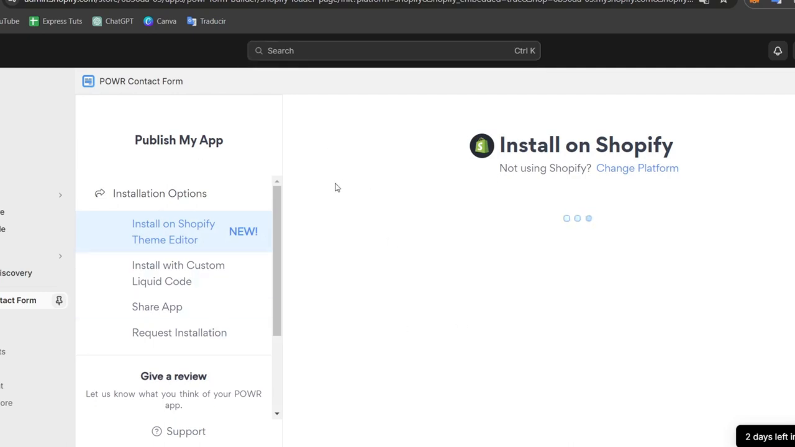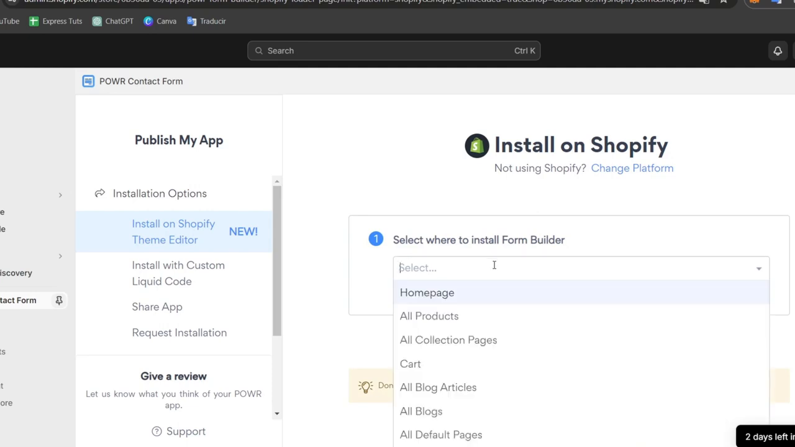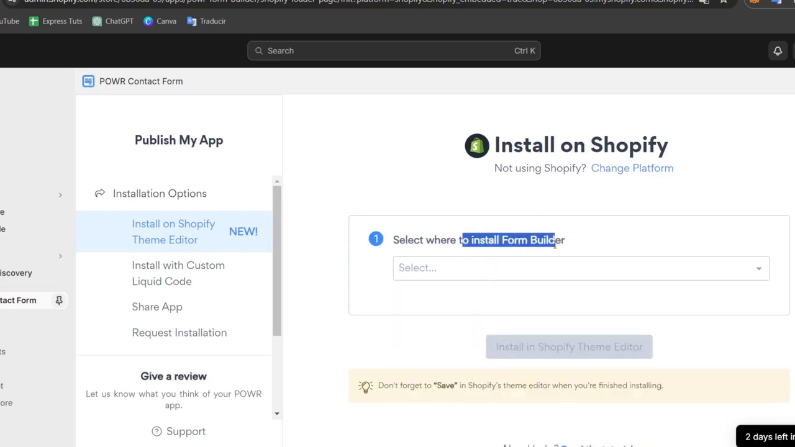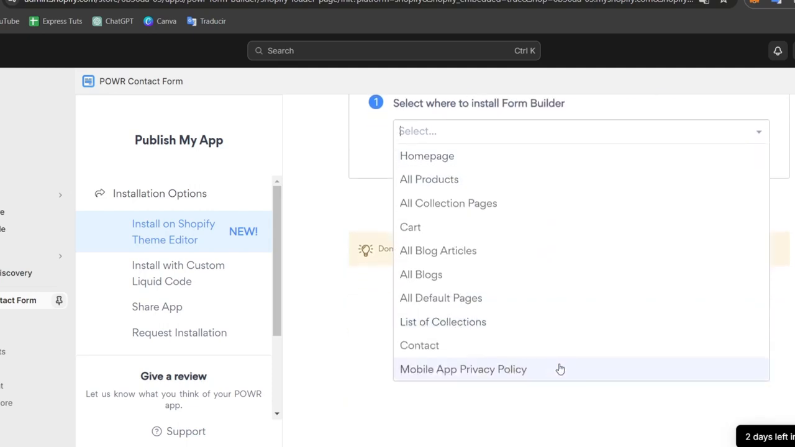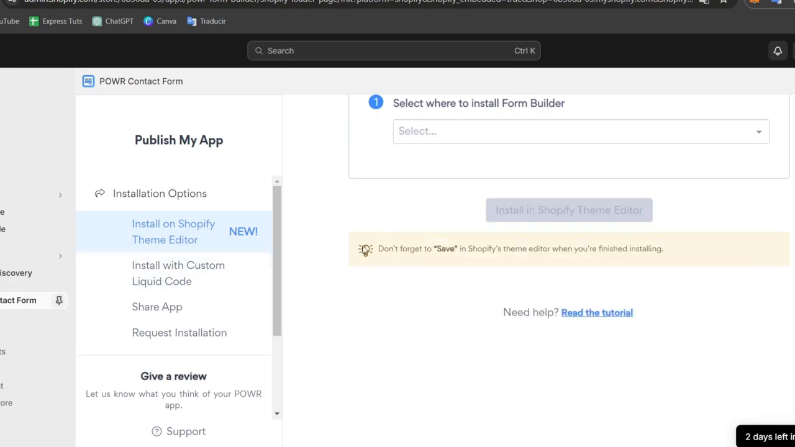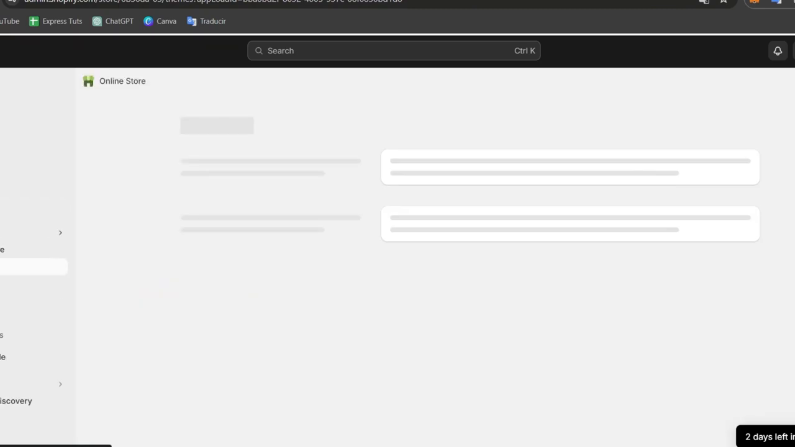So here what I wanted to do is to make the installation options. In this case, where we wanted to style the form builder. I'm just going to be showing you where you wanted to style all of this. So what I wanted to do is to just leave this as it is, go into my online store and